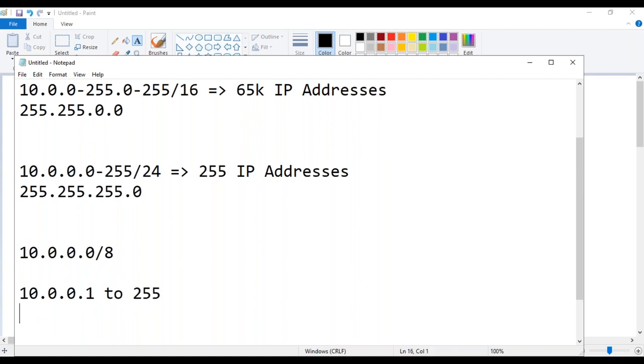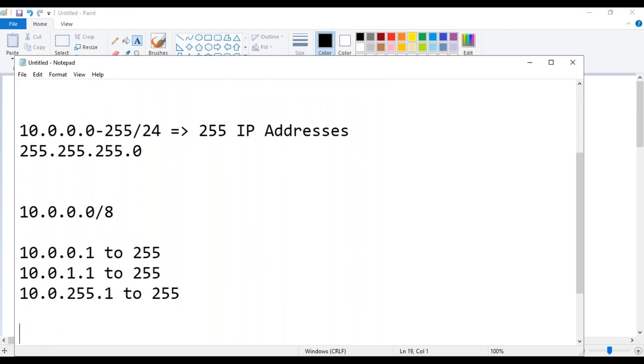Next you will get one more network, 10.0.1.1 to 255. Like this it will go up to 10.0.255.1 to 255. Next it will start again from 10.1.0, like this it will keep on going.